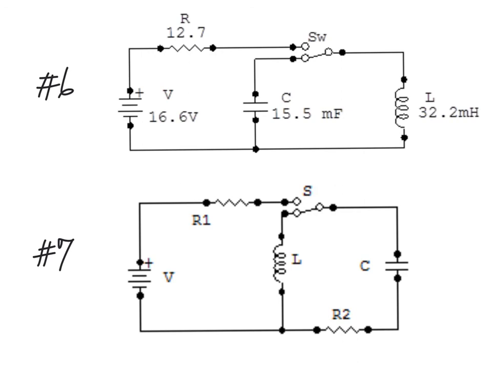Then when you get to 7, we go back to the RC circuit, but we have a resistor in here. So as it oscillates, the energy is going to slowly be lost, slowly or fast, depending on the resistor, through the resistor. And so the equations for that are on your equation sheet. If you have trouble with those last 3 problems, 7, 8, and 9, which are on the LRC circuit or the RLC circuit,